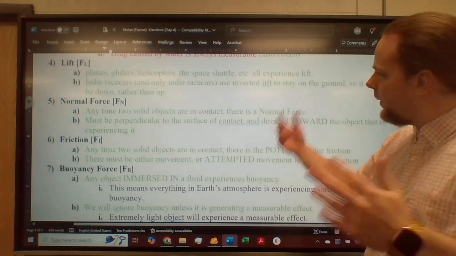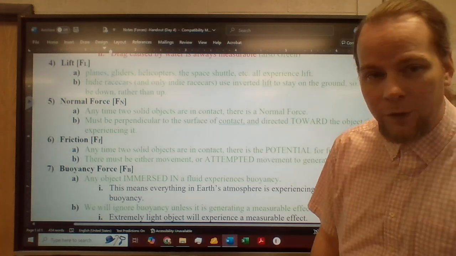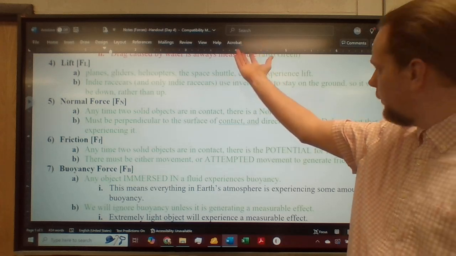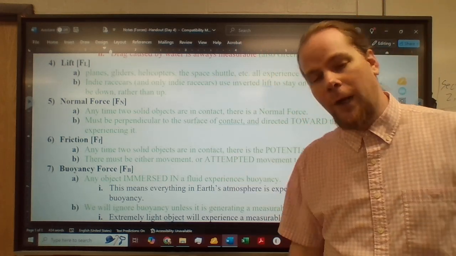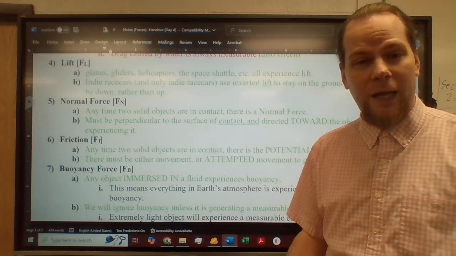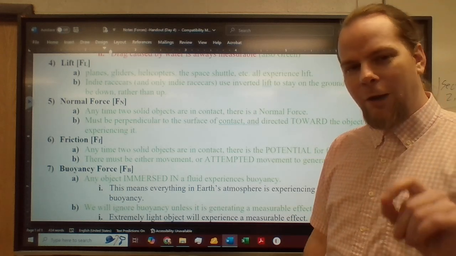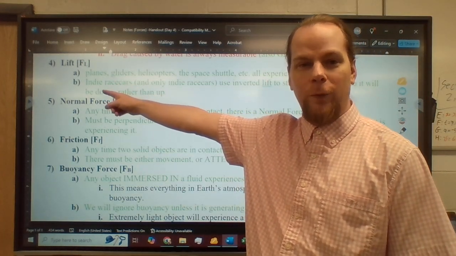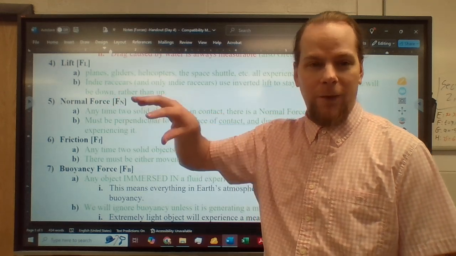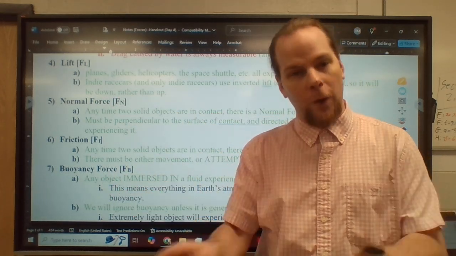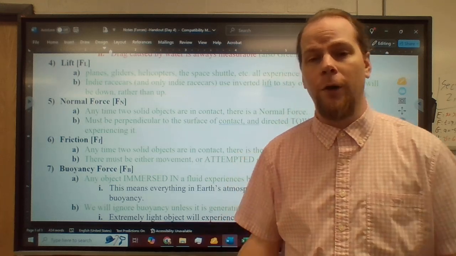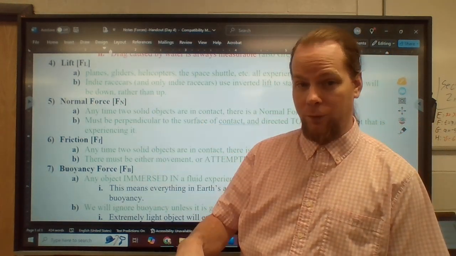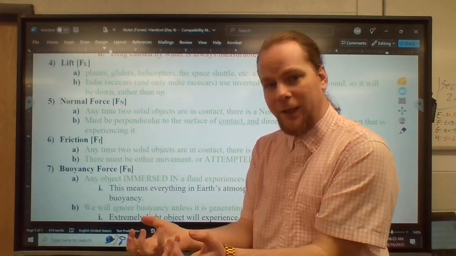Lift, I mean, basically anything with an airfoil is going to experience lift. Anything that flies: planes, gliders, helicopters, the space shuttle, and probably something that I've forgotten about, fighter jets, they're going to have lift. The thing here I want to mention, Indy race cars, those are the ones that go really, really, really fast. They have inverted airfoils on the front end of the car. We talked about them earlier. So they actually do experience lift, but that lift is down instead of up because it's pulling them down and